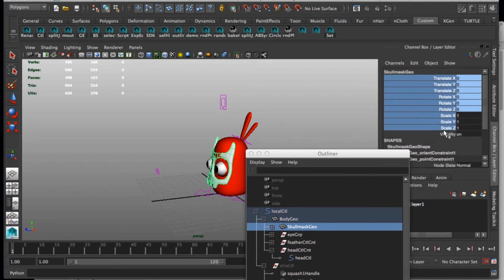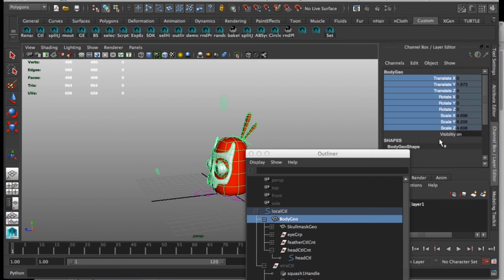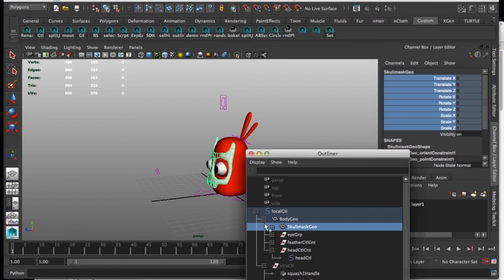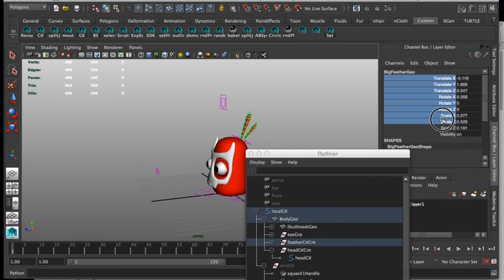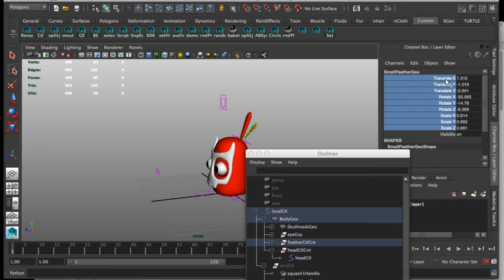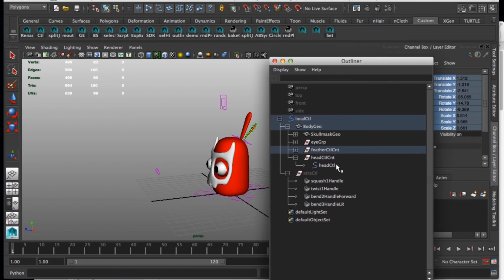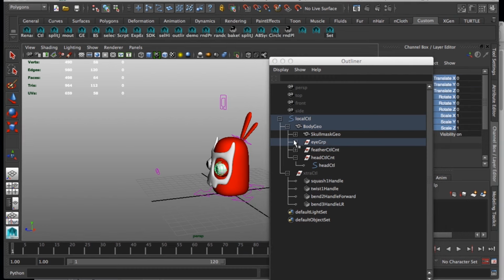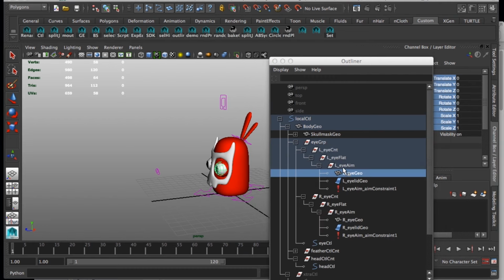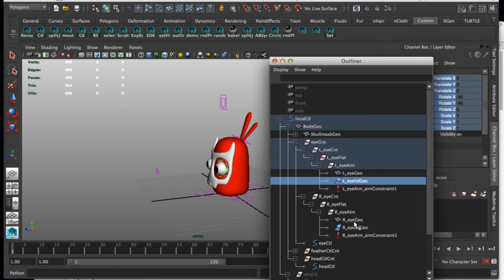So I'm going to select all my geometry and lock. I'm going to select this one, the body geo, and lock it. Skull mask geo, this feather, lock. This feather, lock. And including the eyes, I actually don't want to be able to touch the eyes. So I'm going to just grab these guys, lock. Grab these guys,